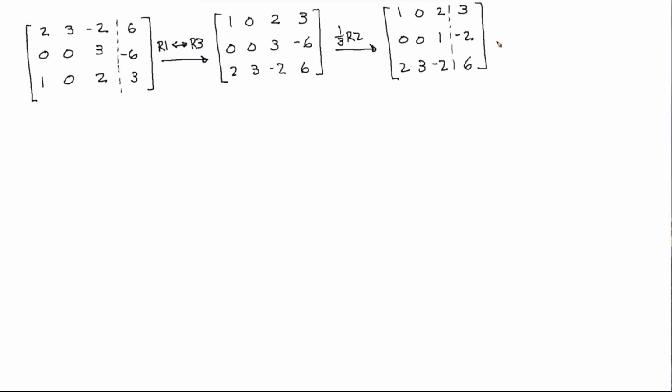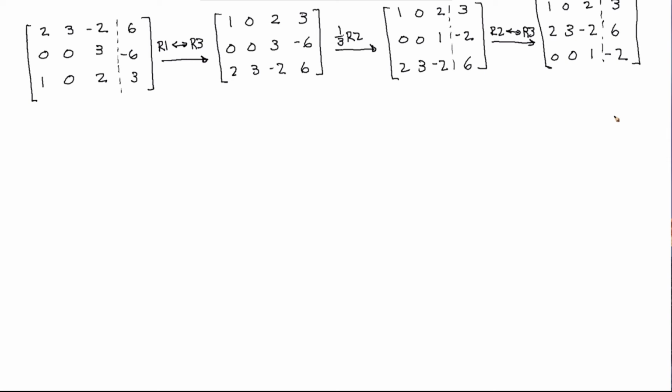So swap row 2 and 3, leaving everything else alone. All right. Okay, so now